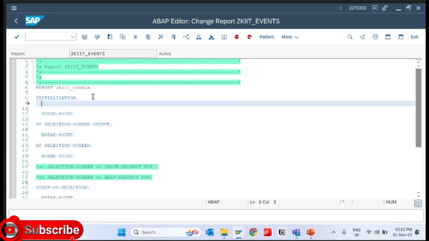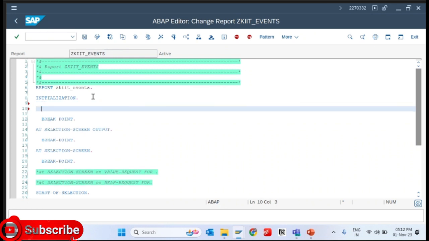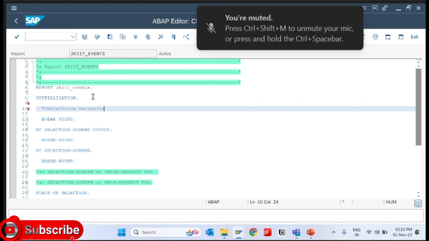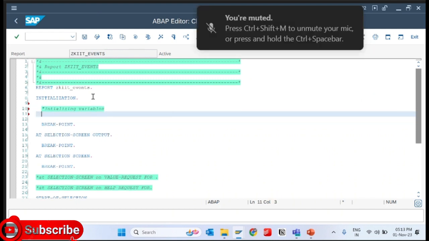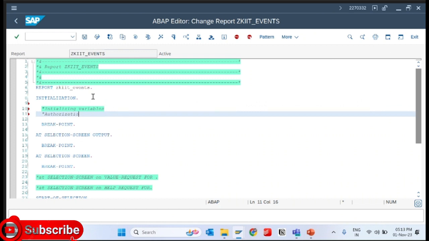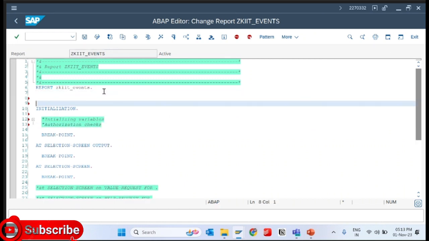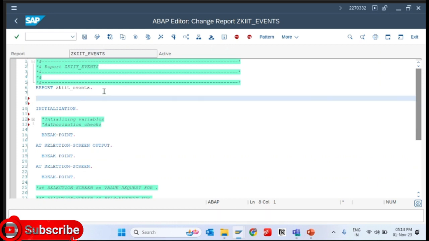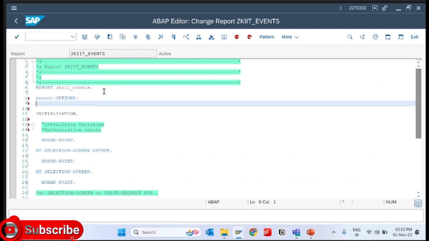So the name is sufficient, initialization. You should understand that. It is used for initializing variables and authorization checks. So let's say, depending on some condition, you want to initialize. For example, select-options as date,